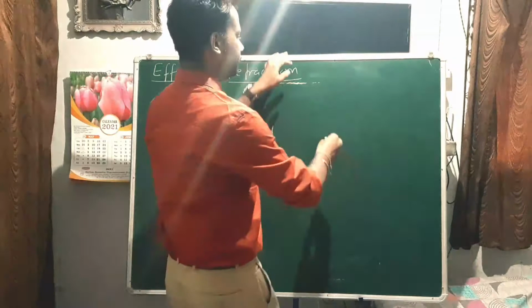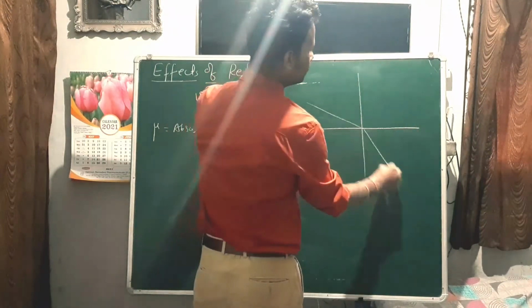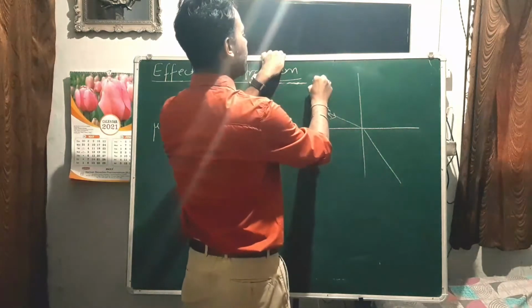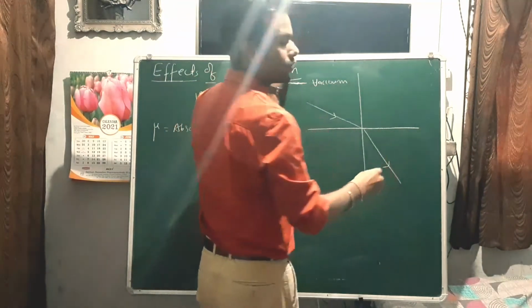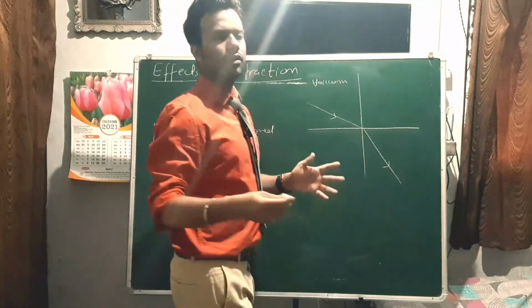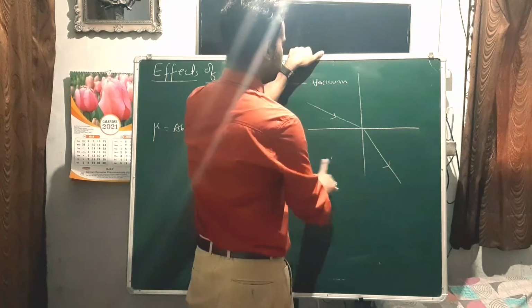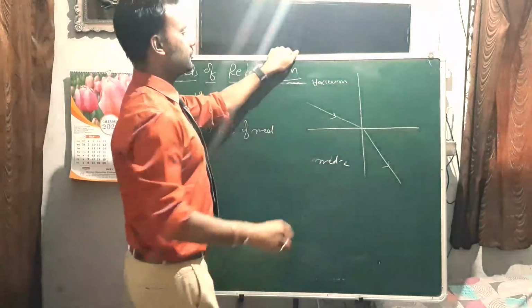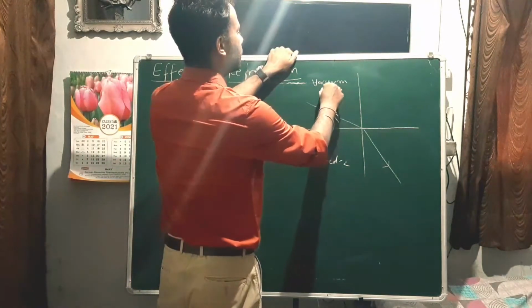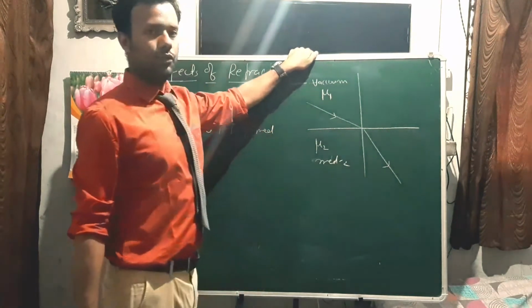See how? Suppose this light is coming from vacuum and going into some medium, right? It can be anything, water, glass, anything. So I'm just writing medium 2. This is the refractive index of vacuum mu 1 and the refractive index of the medium mu 2, right?